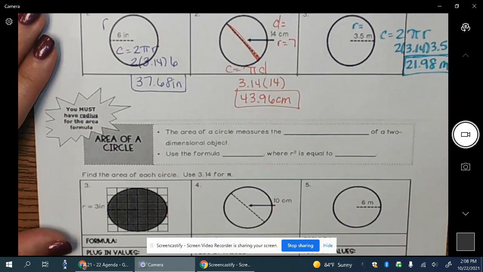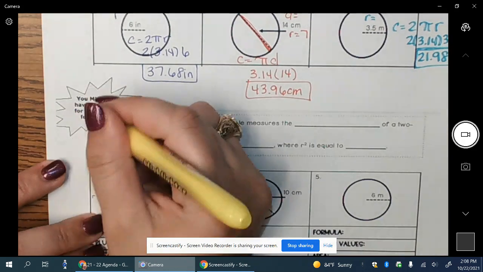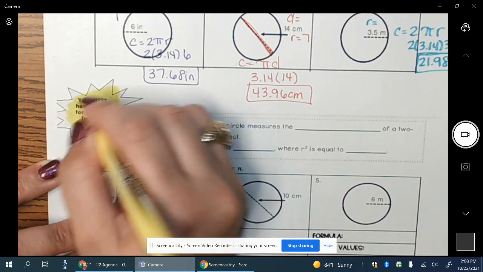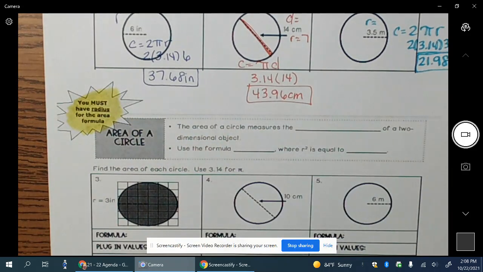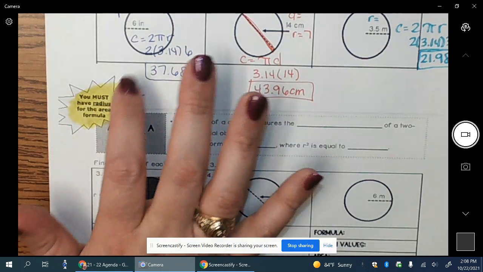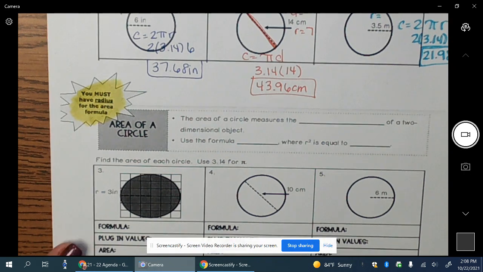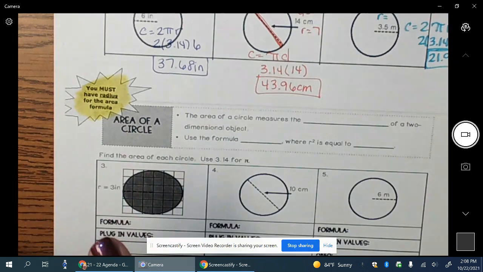Okay. All right, area of circle. This is the most important thing right here. Usually in 8th grade, yeah. I put it in this little call out. It says you must have radius for the formula. For circumference, they gave you 2 options, but for area, there's only one option, and that option is